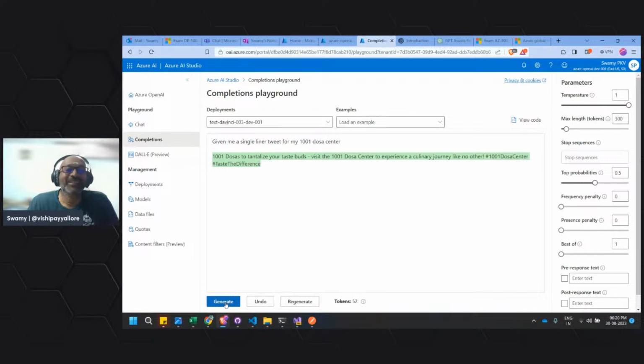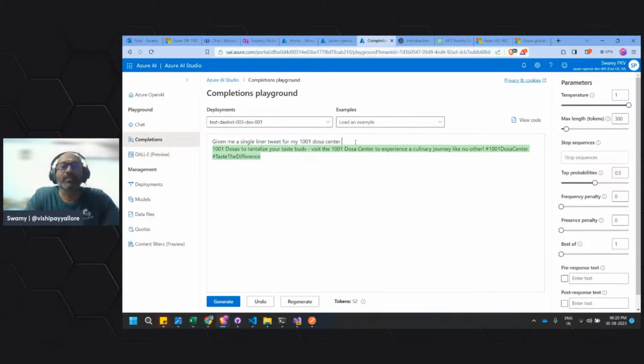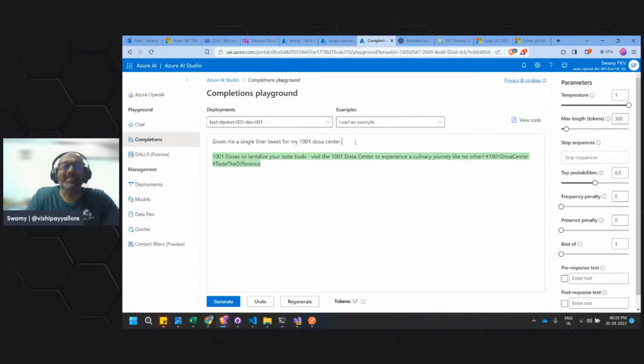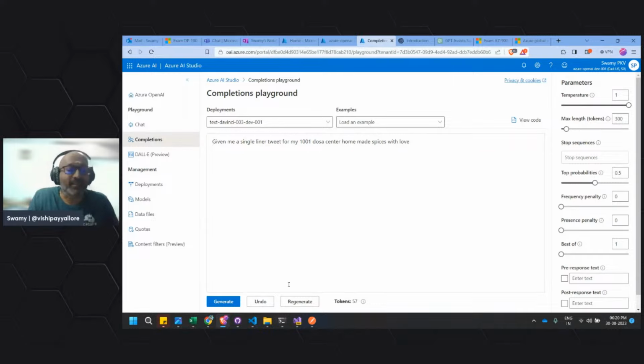See this. Now what it does is, it says 1001 dosas, and it gave some homemade spices with love. Something, some filmy dialogue. So now it gives us that.